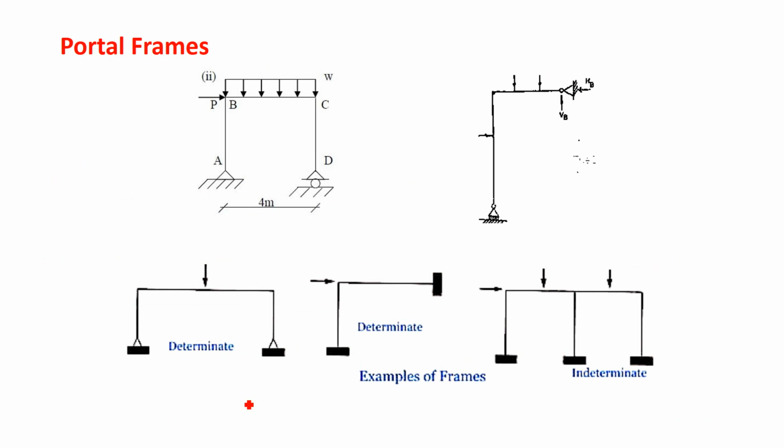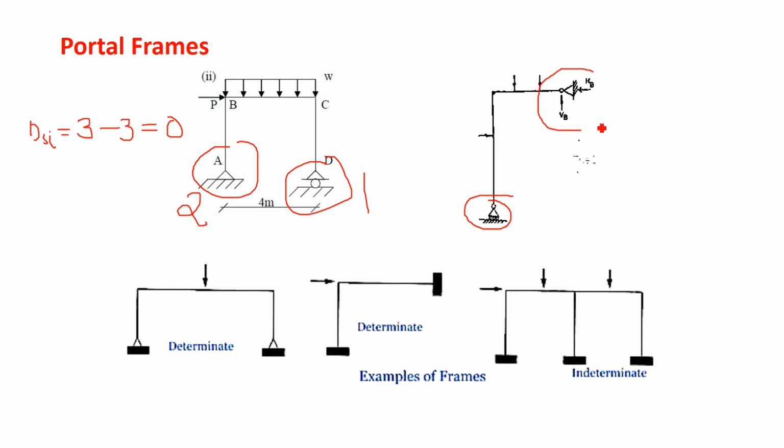If you take some examples of frames to calculate the static indeterminacy, if this is a hinge support, so 2 reactions, roller support 1 reaction, so total number of unknown reactions are 3, minus equations of equilibrium are 3. DSI of this frame is 0. So this frame is statically determinate. Similarly, if you look at this frame, this is a roller support, this is a hinge support, 2 reactions at the hinge support, 1 reaction at the roller support, total reactions are 3, minus 3 equations of equilibrium, again DSI equal to 0